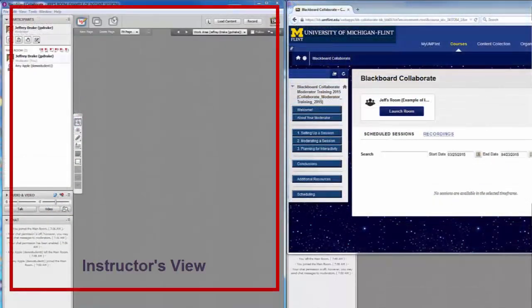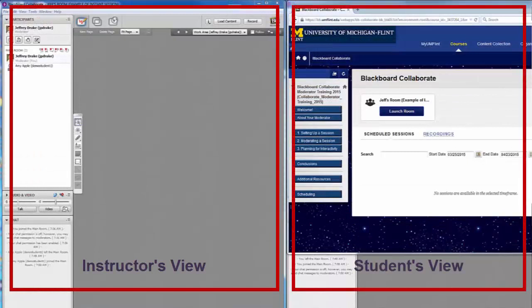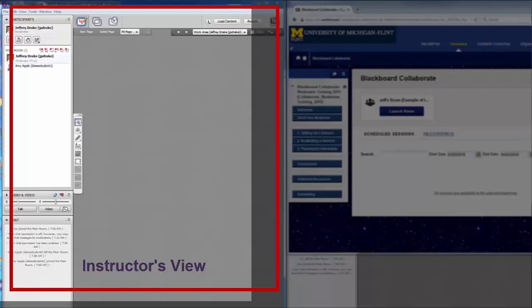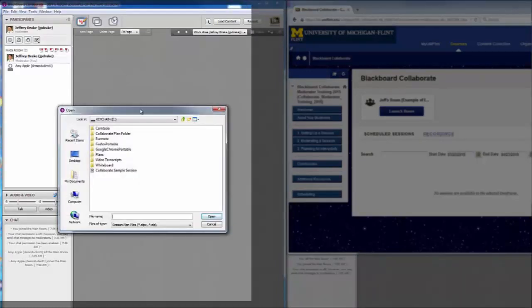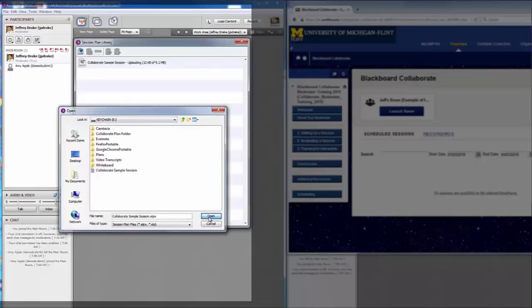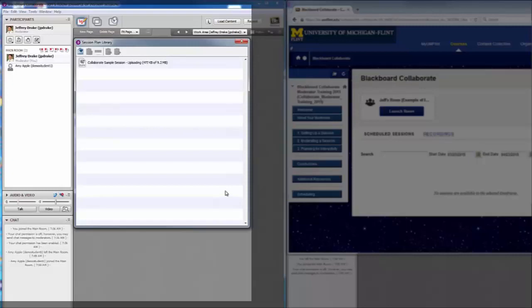On the left side of the screen is the moderator's view, and on the right is the student's view, Amy. The instructor begins by opening the meeting link they created in Blackboard. After opening the session, they would load their program, a single file stored on their computer, into the session. Here I'll demonstrate. The instructor goes to File on the top menu, goes to Open, and goes to Session Plan. They find the session plan,